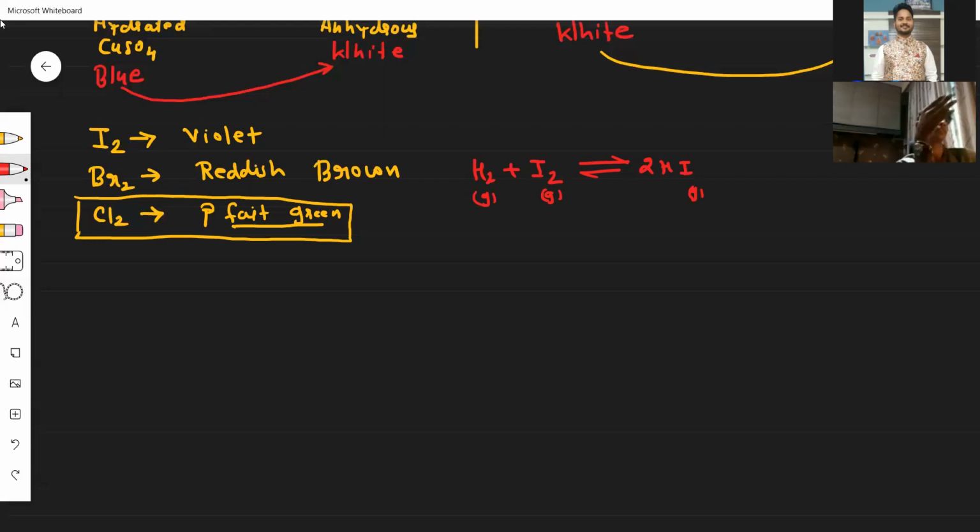By looking at the reaction only, I can say it's reversible because there's a forward arrow and there is a backward arrow. When they ask you, when there is the formation of HI, that is hydroiodic acid. HI is called hydroiodic acid. When there is a formation of hydroiodic acid, we call it a forward reaction. And when there is a decomposition,